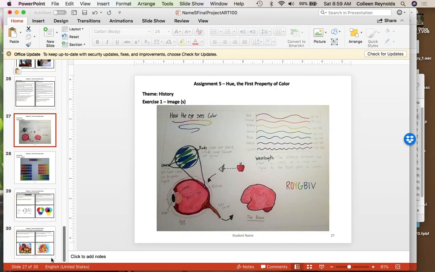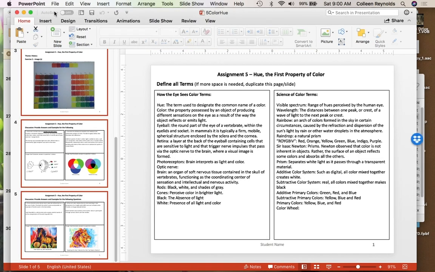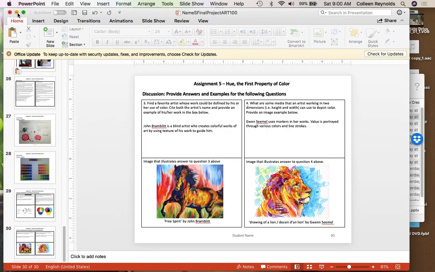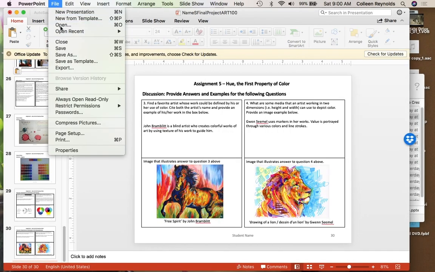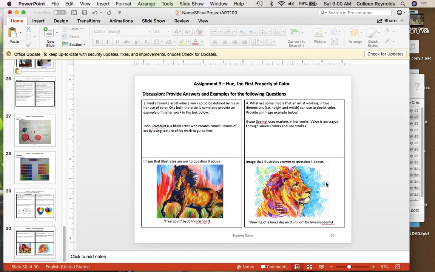You can also arrow down, that puts your cursor at the very bottom. Go back to the other file, close that out. So that was assignment 5. Now I want to open the next file, which would be assignment 7, because we don't have to input assignment 6 because that was the field trip assignment. So I'm going to open that,